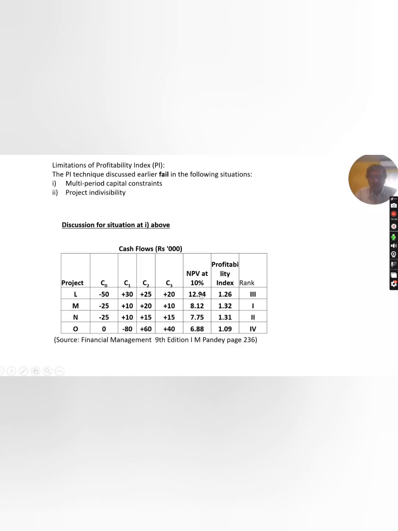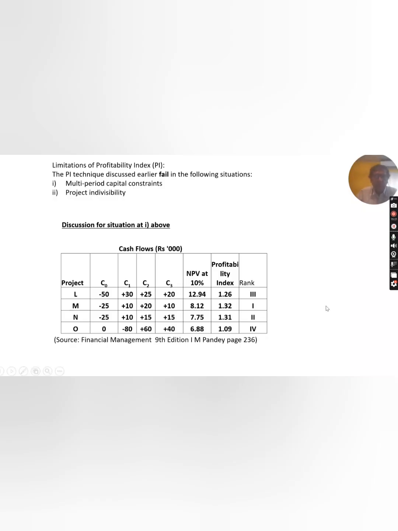Here the results for NPV are noted. Profitability index has been calculated as per formula. If I rank them, the highest PI is this one. That's why I give it first ranking. This is second, this is third, this is fourth. Okay. Now,